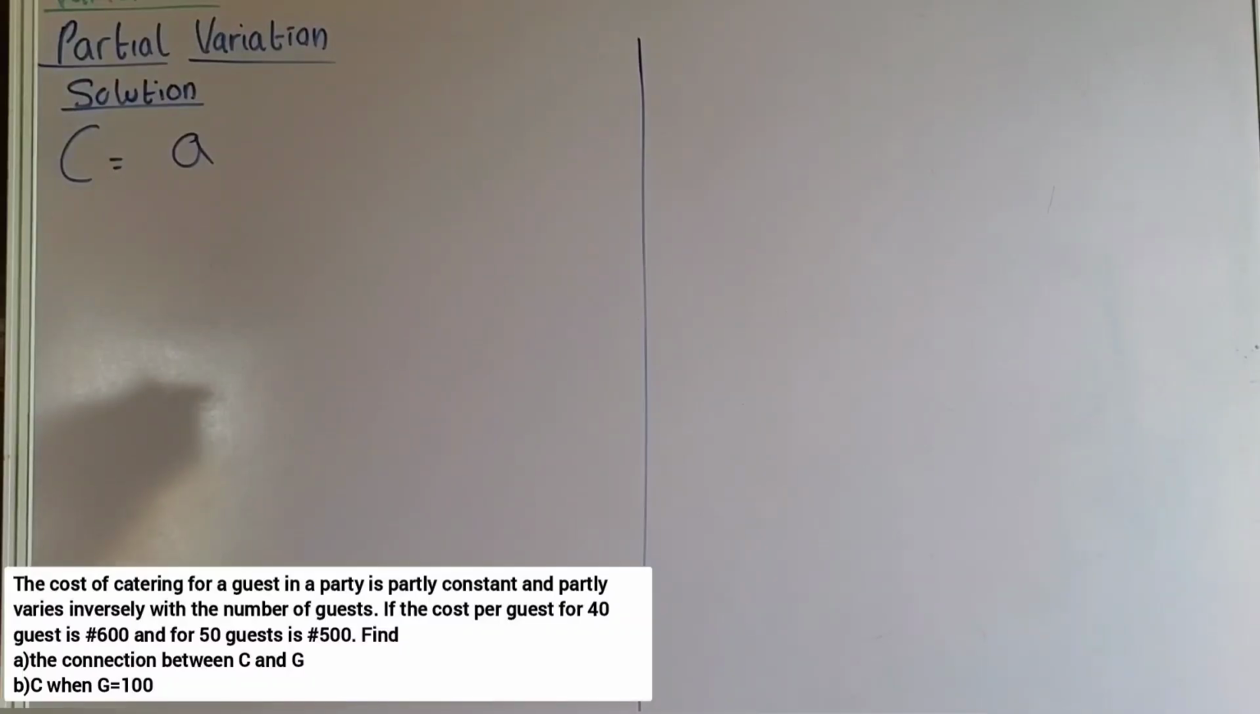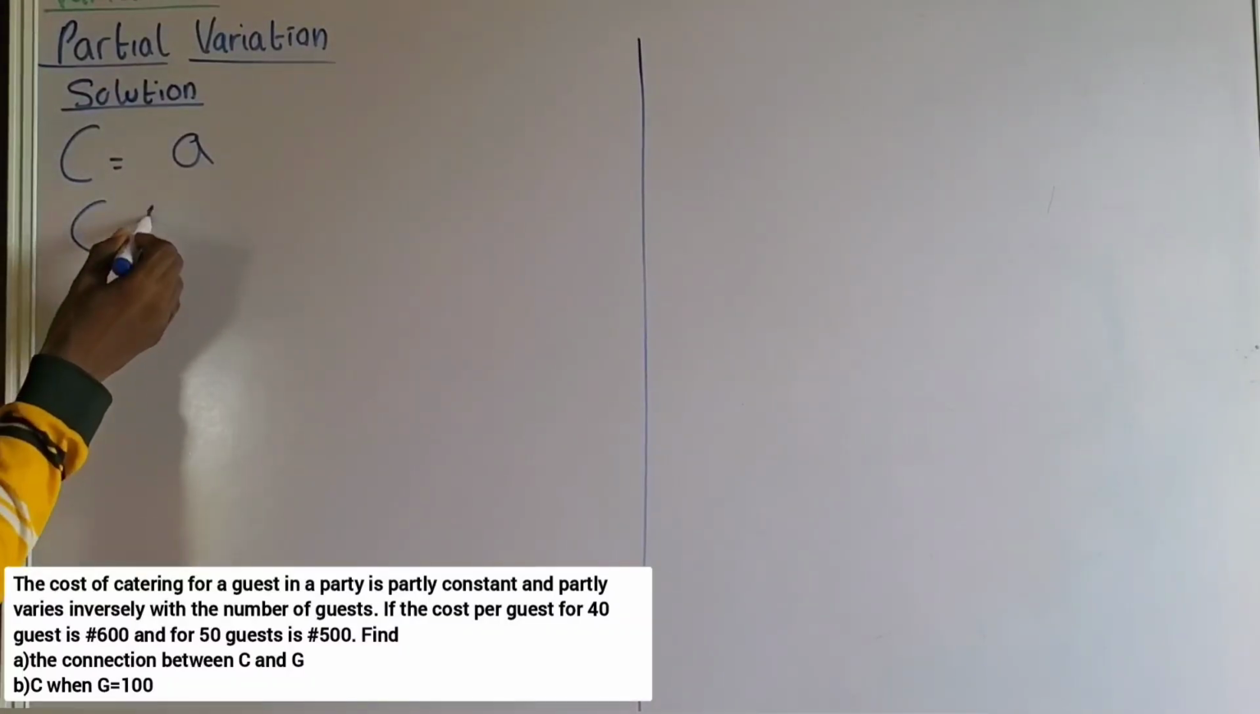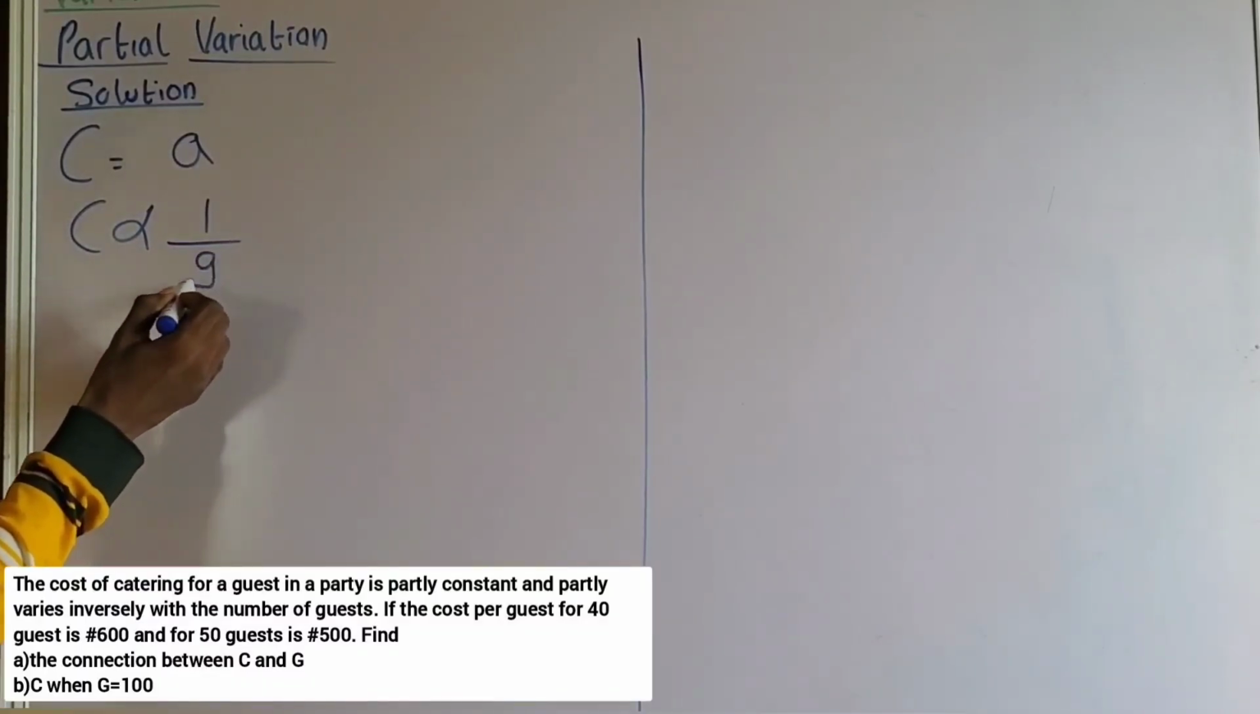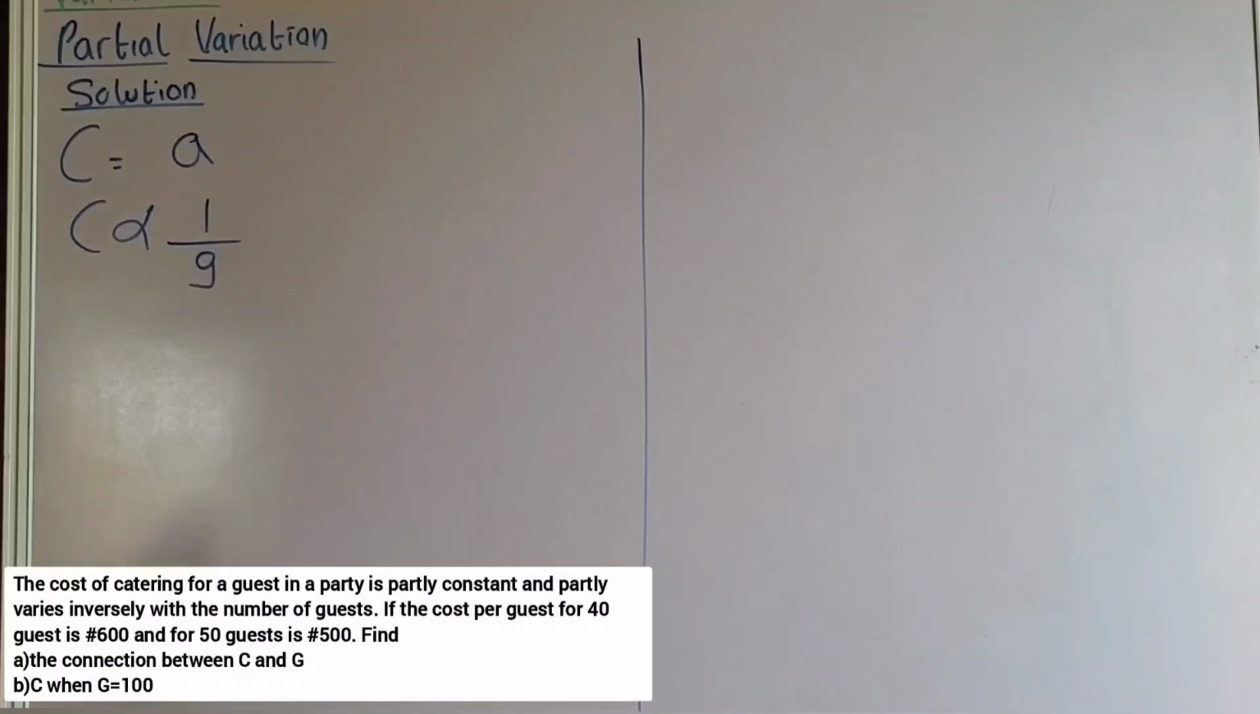And C partly varies inversely with the number of guests. So C partly varies inversely with the number of guests. Let us represent the number of guests as G. Do you understand? Okay. If the cost per guest for 40 guests